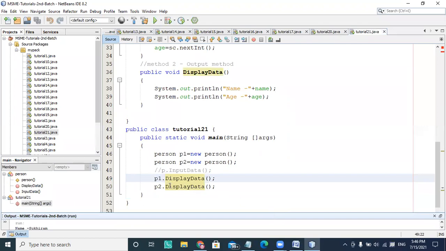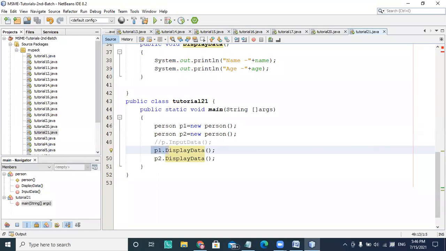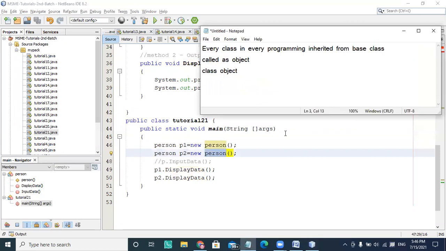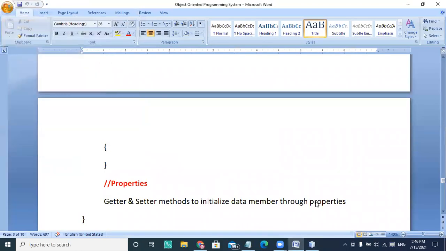Okay. So how did the compiler come to know which object is getting called? When the object is created, an anonymous object is created here. So there is no name. P1 is a reference. I can say P1 is a reference variable of that anonymous object. This object has some address, and that address is assigned to P1. Similarly, this is another object of person kind which has its own address here. So P1 and P2 are reference variables. Remember that P1 and P2 are the reference variables.